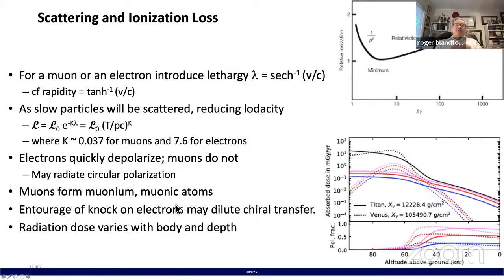And in fact, it's an even worse problem than that, because to slow down the muons, you essentially create lots of secondary particles, lots of so-called knock-on electrons, which will be essentially unpolarized. They won't have this expression of the chirality from the early universe. And so I think we now have a much better understanding of how, in many different environments and many different depths, the cosmic rays retain, and to what extent, this memory of their handedness, which, as I say, is a story that one traces back to the Big Bang.